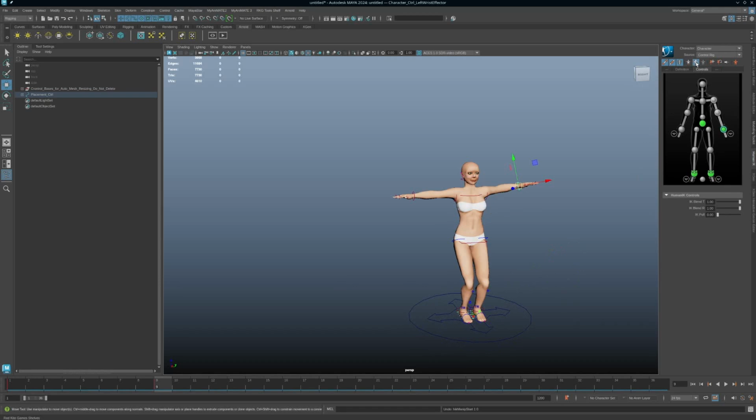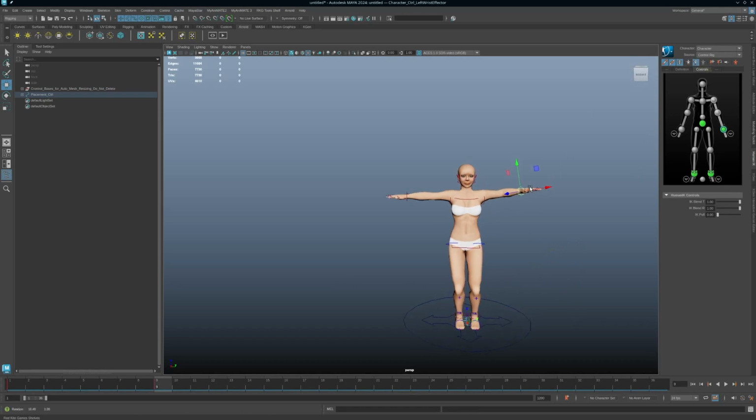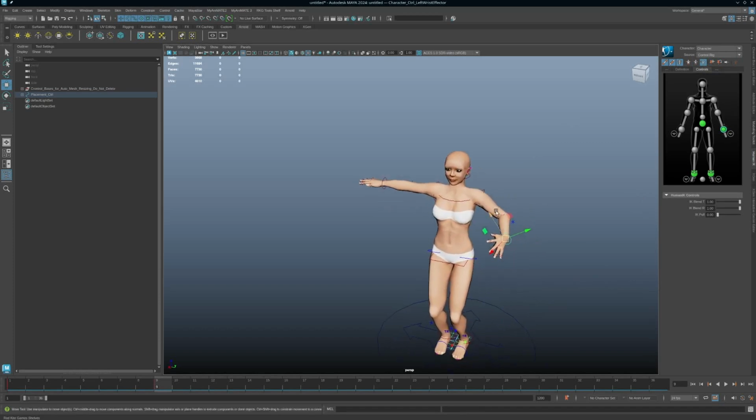Instead, if we switch to this one, it's a body part, which means whatever you do is going to affect just the actual body part. You see, you just move the leg, and you can pull as much as you want. It's not affecting the rest of the body. And then the last one is the selection, which in this case is exactly the body part,